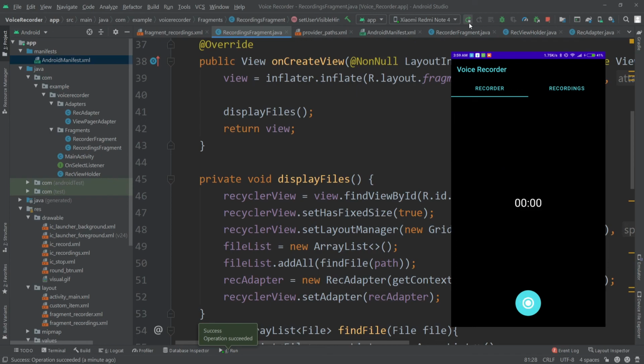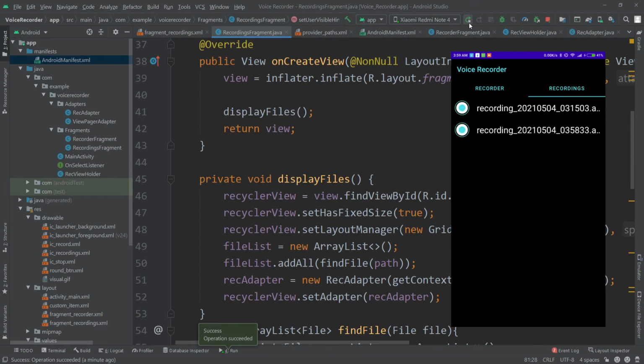Let's stop this now. And now if we go to the recordings fragment, you can see the second recording is added. So if I click on that,